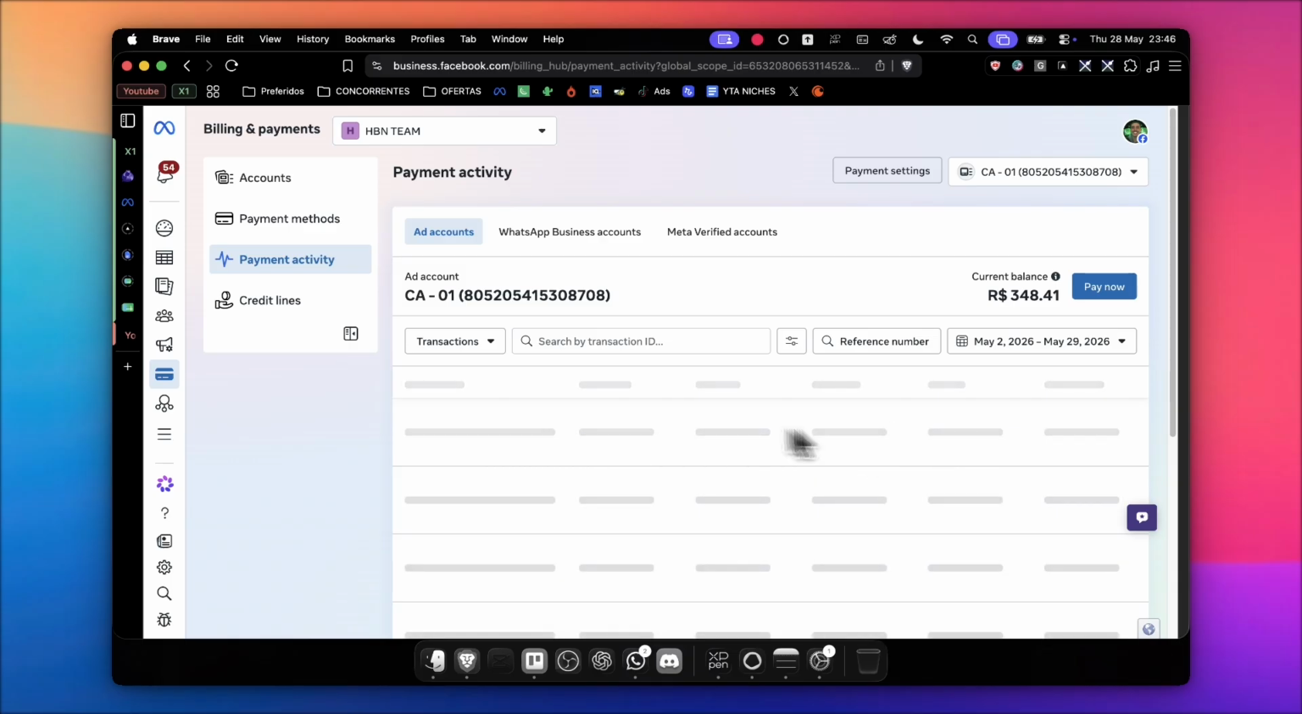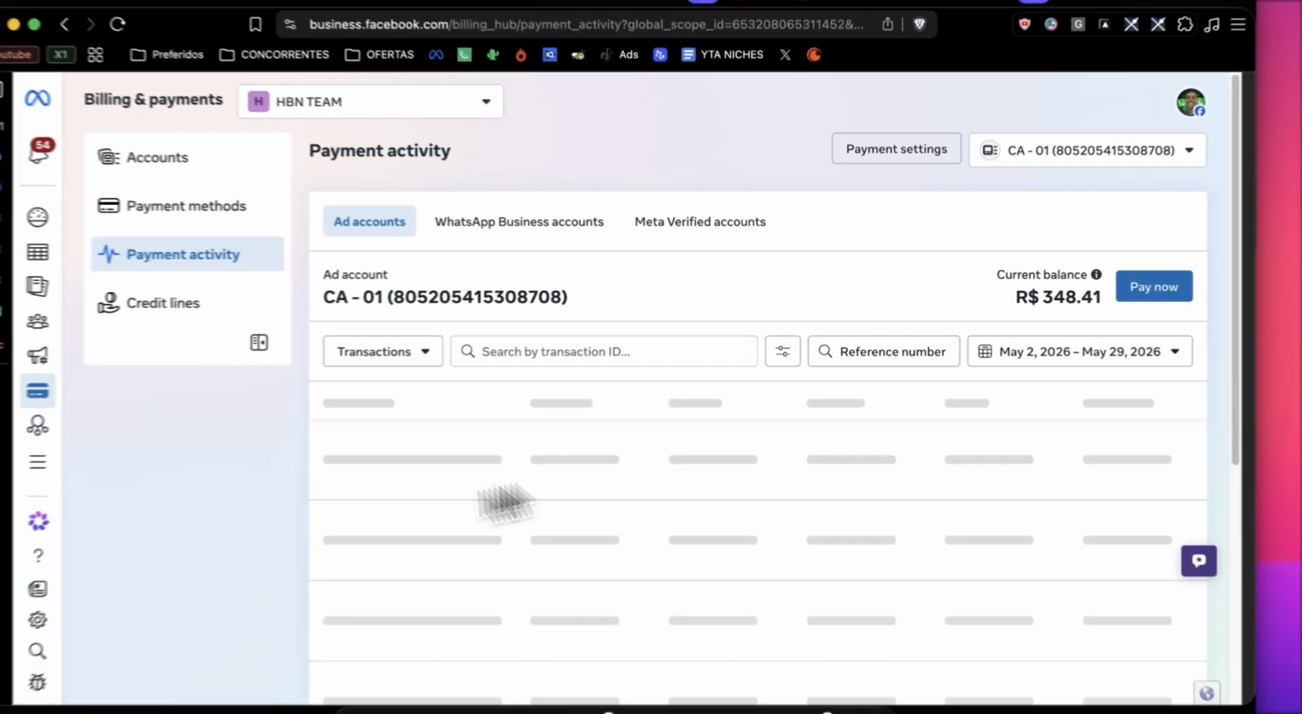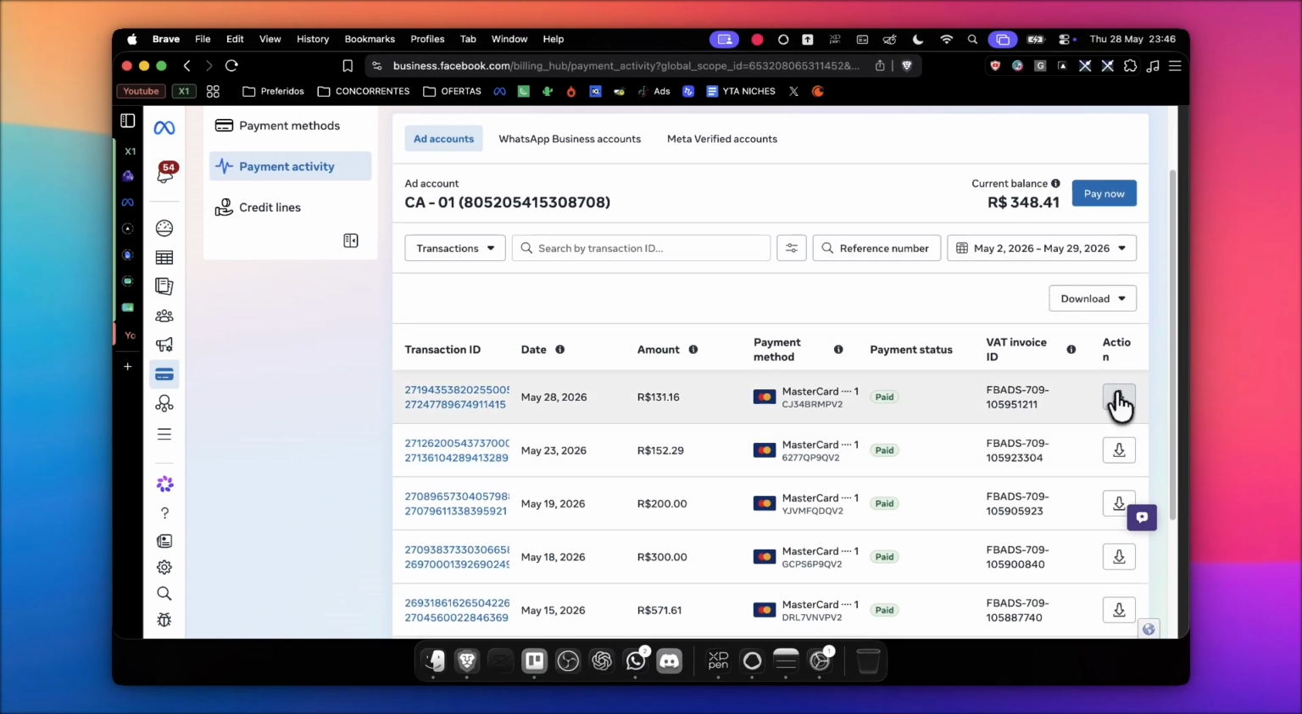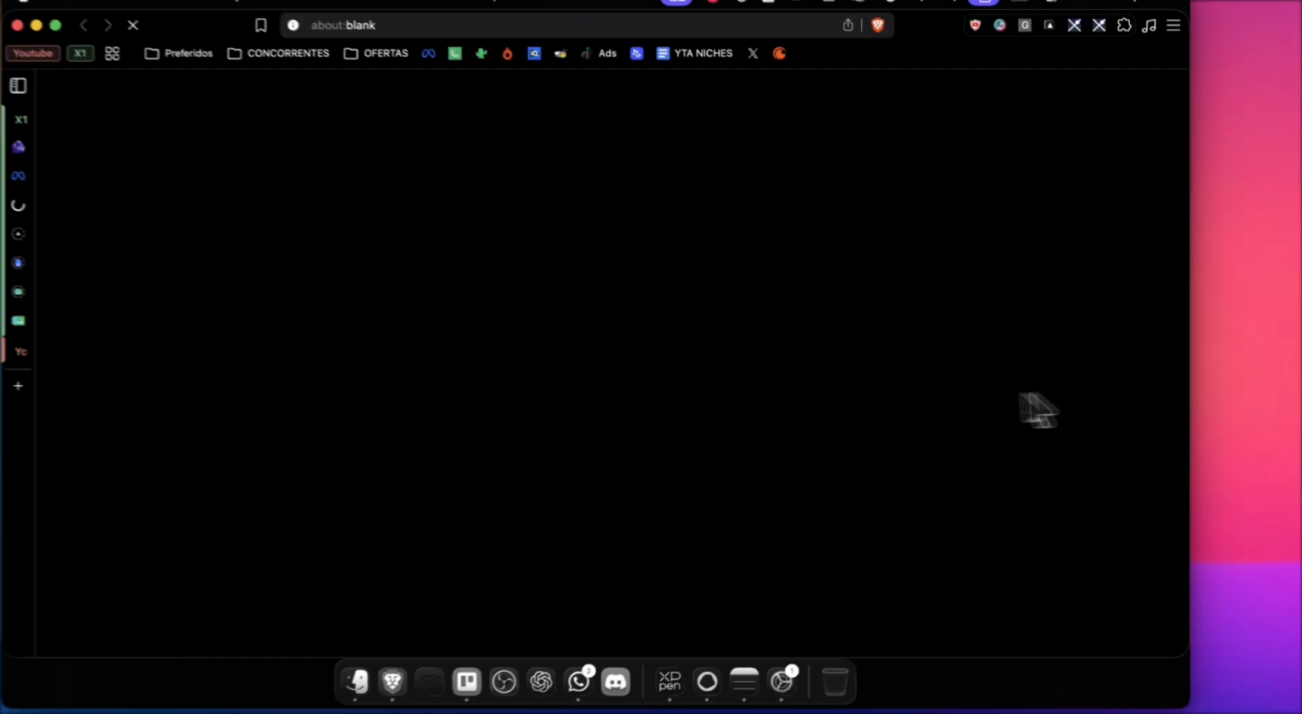And that's it. You've successfully learned how to find your Facebook ads receipt. The main steps are simple. Open Ads Manager, go to Billing and Payments, check your transaction history, choose the right date range, open the payment,